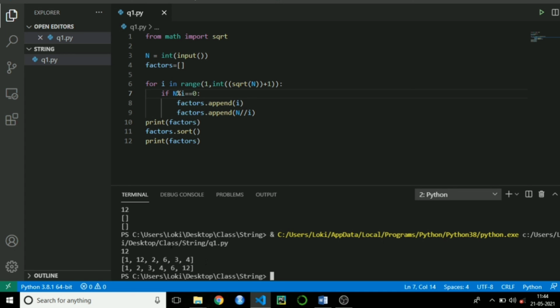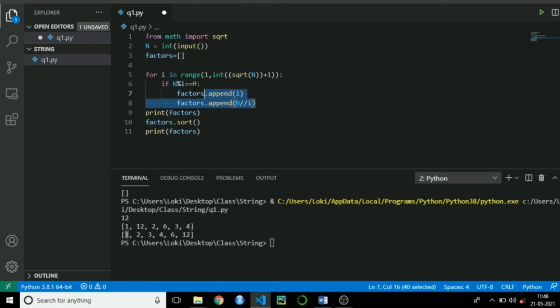They can also ask for the first minimum factor for this number 12. So the first minimum factor will be 1. This type of question they may ask in interview or coding rounds. Just note down this method. If you practice this code once or twice, you can remember it for a period of 1 or 2 months, but after that you are going to forget this code. So just write it down somewhere in your system or in a book. During interview rounds, just go through these methods. This can help you to crack the coding rounds.